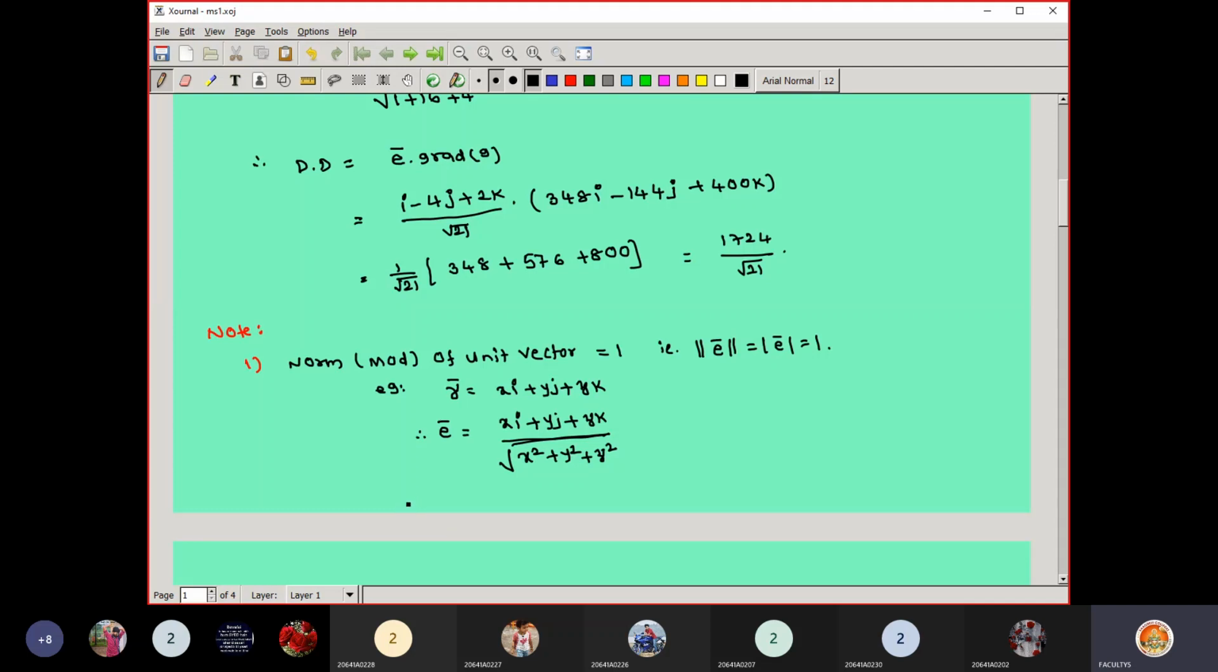So for this e bar, again you are calculating the norm of e bar. Actually, the norm of e bar means just you are writing the norm of